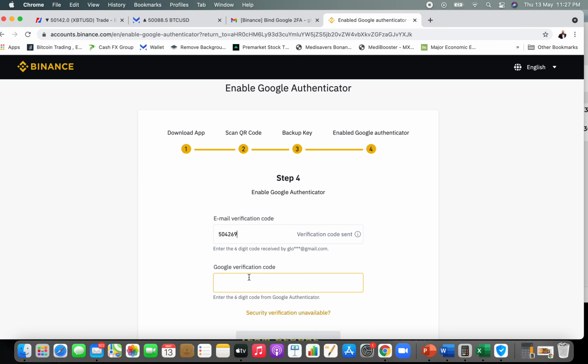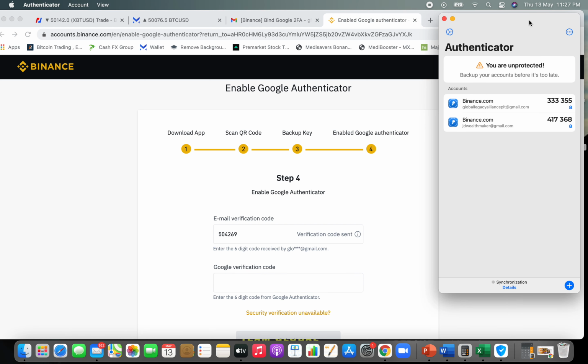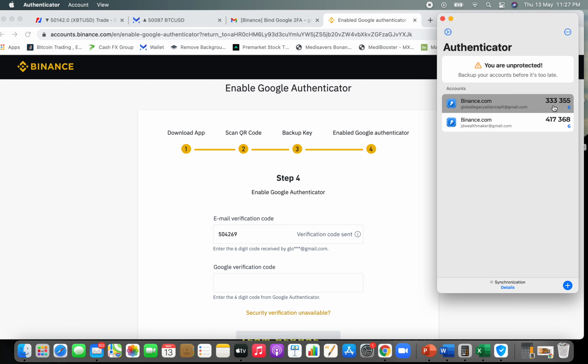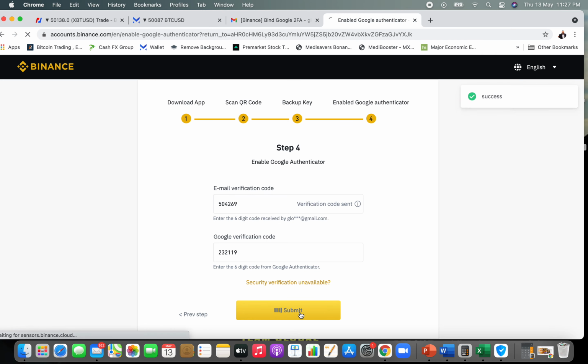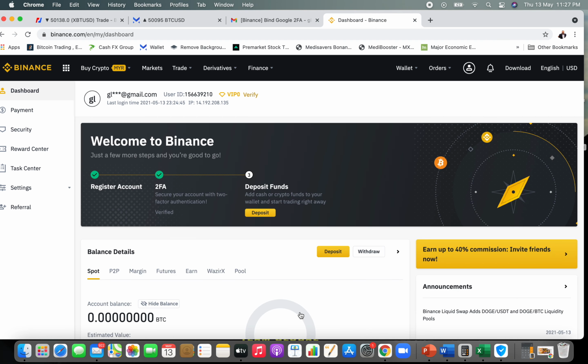Now let's paste it over here, and now I need my Google verification. Let's get back to the Google verification, and let me take this number. Can you see that there's a clock over here, and this is about 30 seconds. So this is the number over here. I'm going to copy this number and paste it over here. All right, that is it. So submit. Upon submission, I have already created and have my Google Authenticator verified.